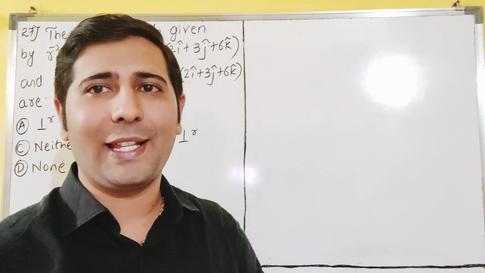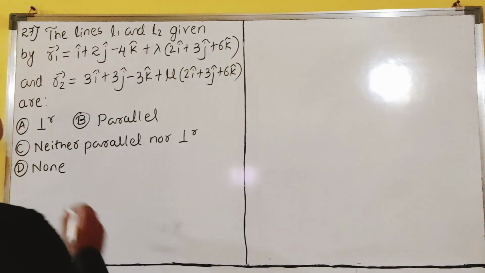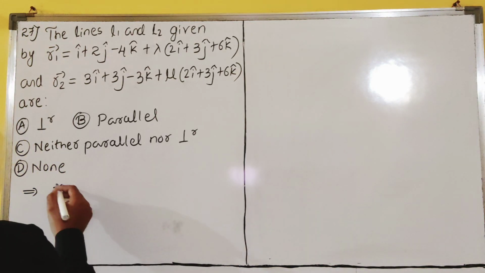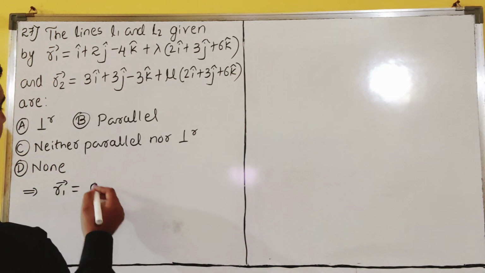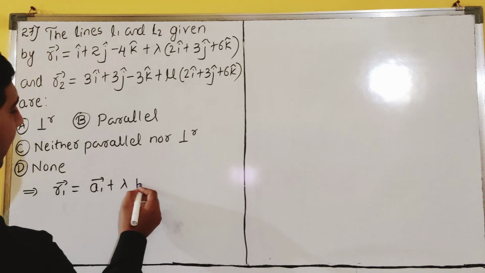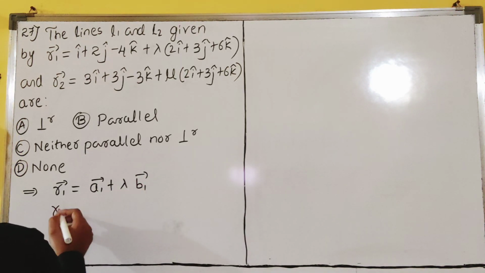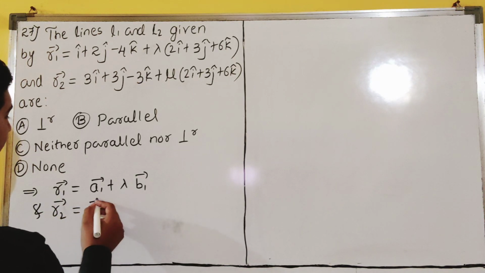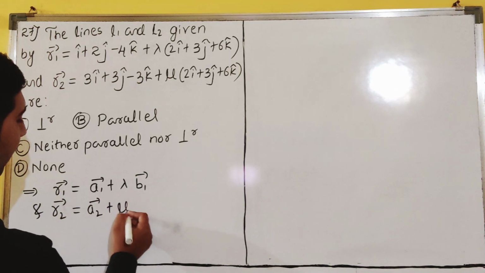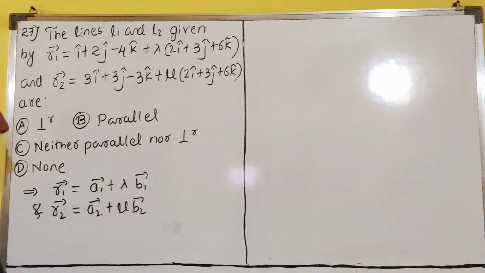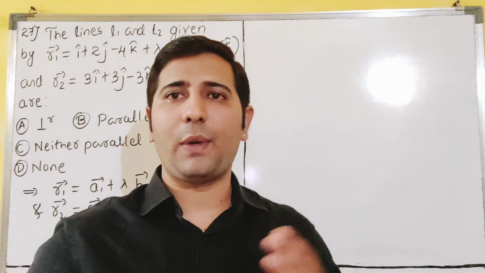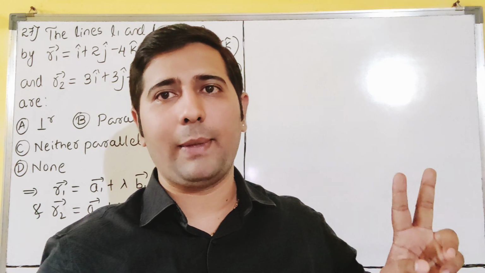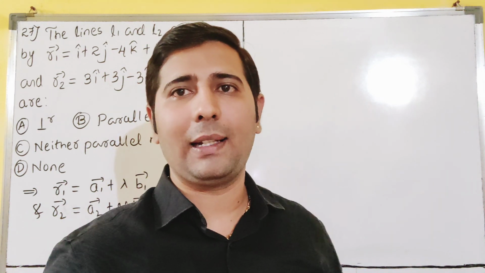Now try to understand here, very easily you can identify. So already I have discussed just now. So vector R1, how we will write line equation? A1 plus lambda B1 we will say, dear students. So another line is what? Vector R2 is equal to A2 plus mu B2, dear students. So what I have just discussed with you, we have discussed or not? That is, if vector B1 and B2 are equal, they are said to be parallel, dear students.